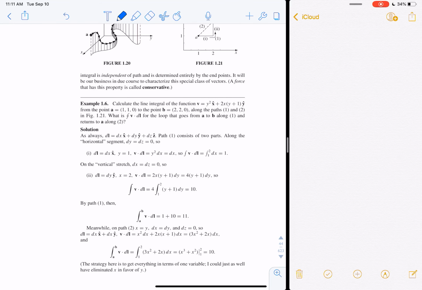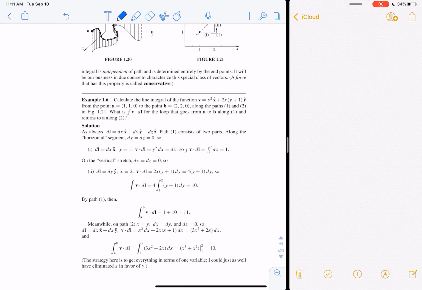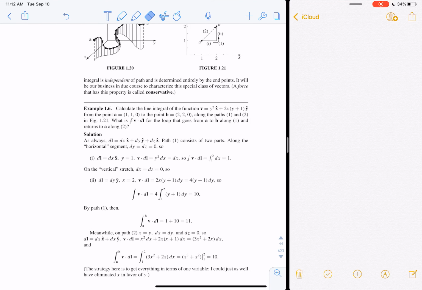All right, so on the vertical stretch, dx and dz are 0 because we're not changing anything in the x direction or the z direction. So our dl vector just becomes dy y hat. x is 2 for that run as we move straight up. So then v dot dl, where our v is y squared x hat plus 2xy plus 1 y hat,